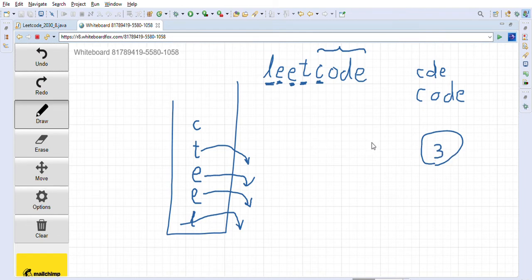That's why, whenever we are popping out characters from the stack, the remaining string should have length greater than or equal to 3, right? Then only it makes sense to pop it out from the stack. Otherwise, because we have to form a length 3 subsequence, that is our requirement. That's why we have to keep checking that always.